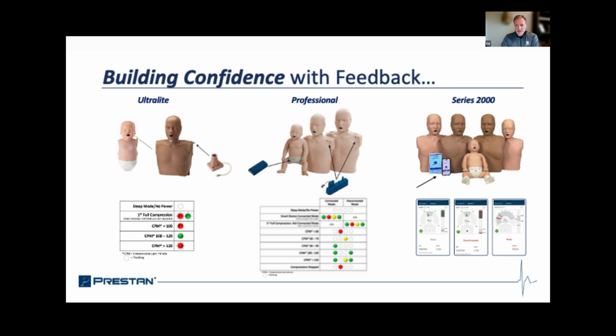It's very easy. It's basically, you see the chart on the light system. You don't have to remember that. That's what we tell everybody, that really the goal as an instructor and as a student on the professional side is 2 green lights. On the ultralight side, it's 1 green light.